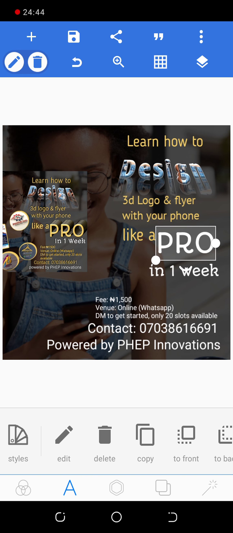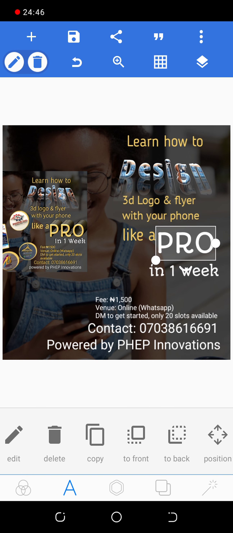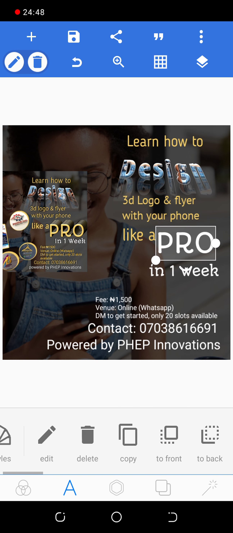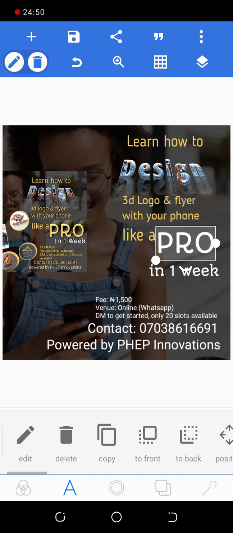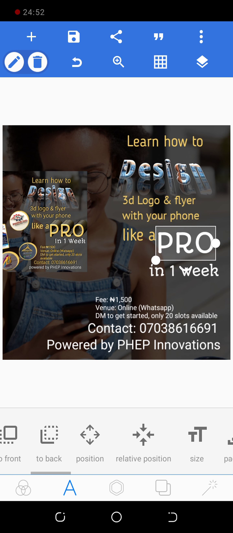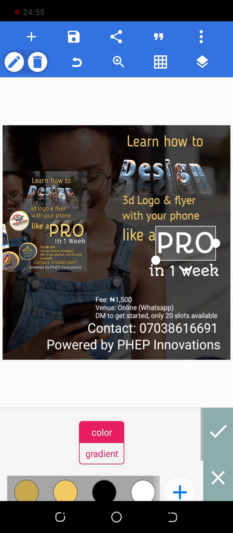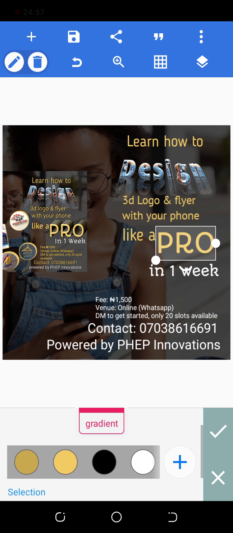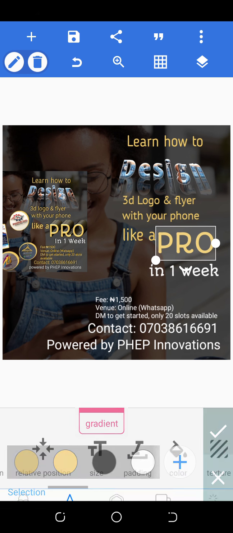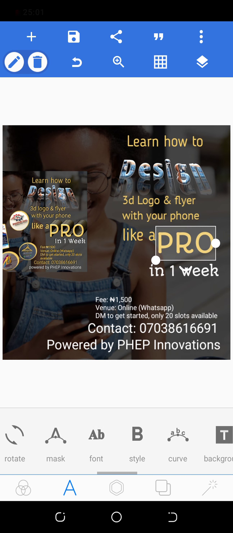Pro. So let's change the color first. Change the color to, where's color? Change the color to yellow as well. Yellow. Okay, then we'll go to